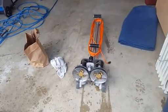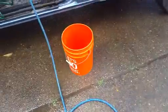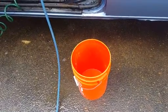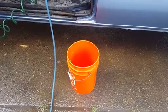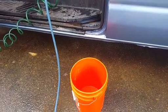But another thing that you can do that will actually help your suction quite a bit, airflow, is you get a 5-gallon bucket or larger. If you had a 20-gallon garbage can, that would be ideal, because with this I had to do it about 4 or 5 times. You fill it up with water and you just stick your hose in there and just let it suck it all up,